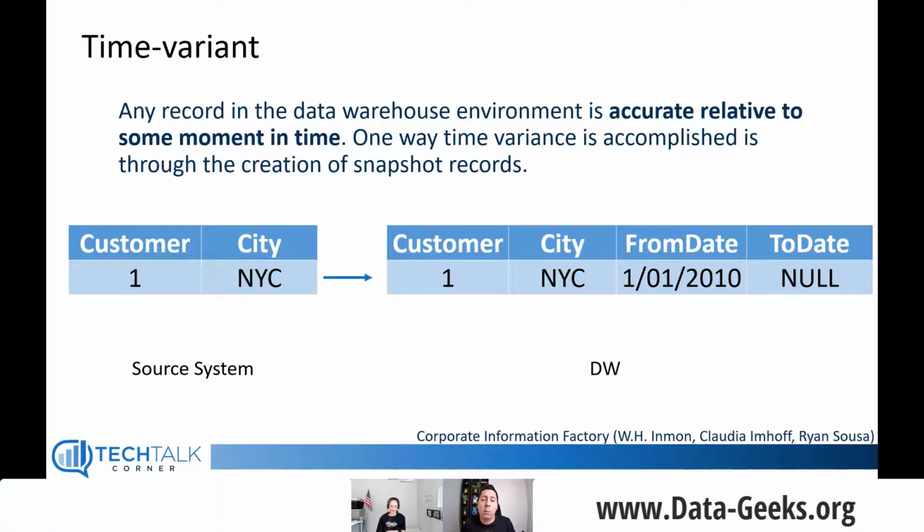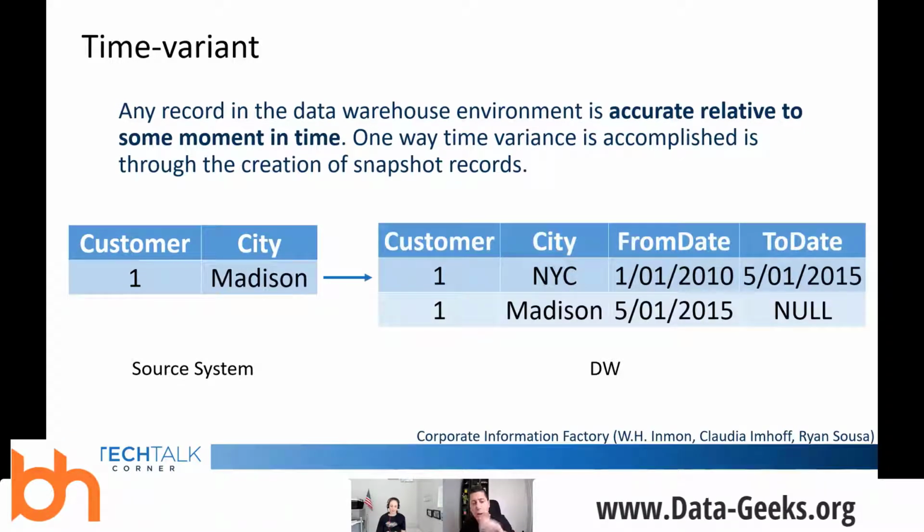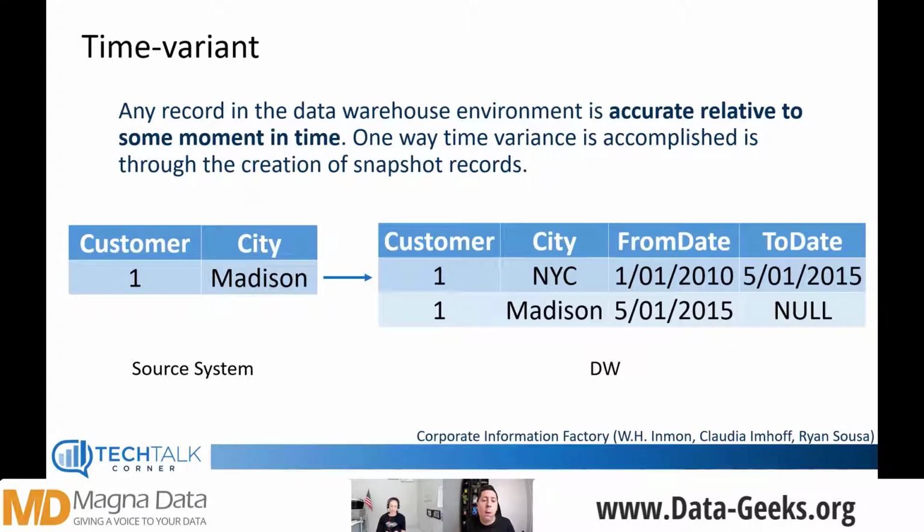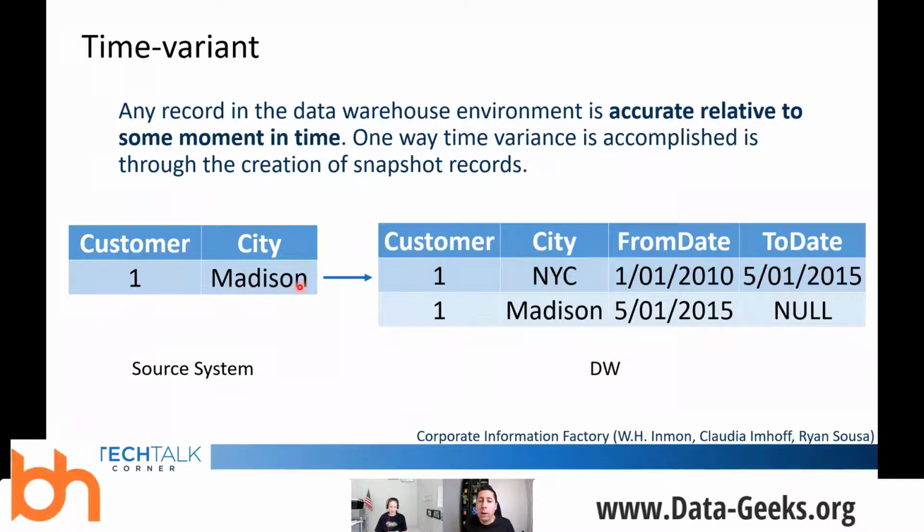Now let's say that that customer moves to a different city. The customer moves to Madison. So if the customer moves to Madison, what we're going to do when we gather that information is that we're not going to replace the city here, because you can think we might have a lot of orders. If it's a retail company, we might have a lot of orders from that customer in New York City. So there is no point in replacing the information for all those orders in the data warehouse to say that he was living in Madison. So what you're going to do in the data warehouse is create a new record.